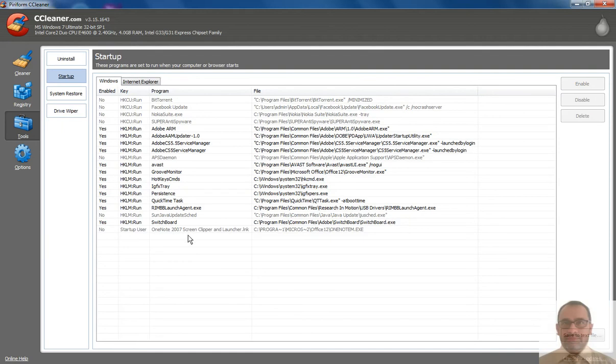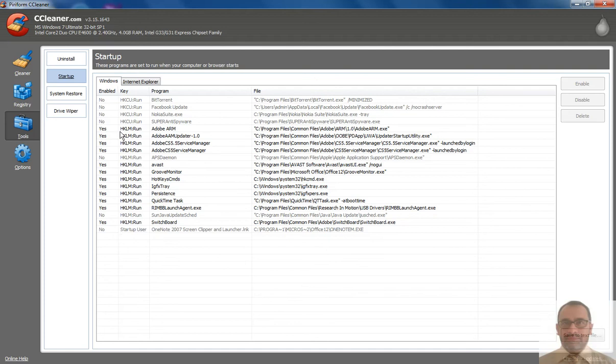A lot of times the programs are not needed at the beginning, because when a lot of programs are configured to start with the beginning of Windows, your boot up is slowed down. Your computer will boot very slowly. To avoid all this, any program which you feel is not required as a startup program, you can disable.